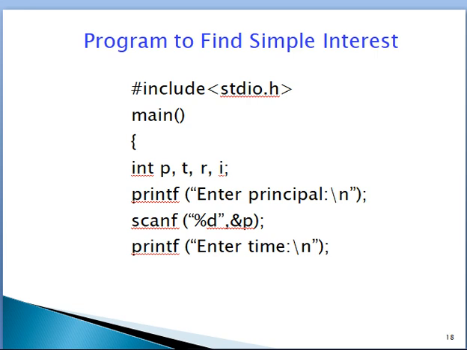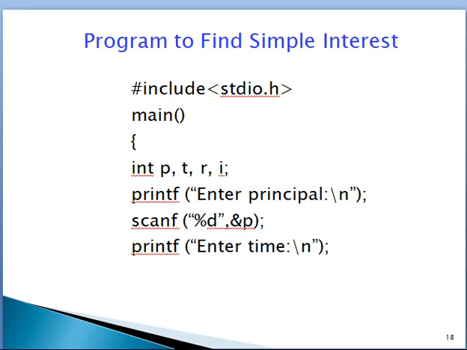All of you know how to calculate simple interest in real life. The formula is P T R by 100. P means principal, T means time, R means rate of interest. These three factors are multiplied and divided by 100. Then we get the simple interest.